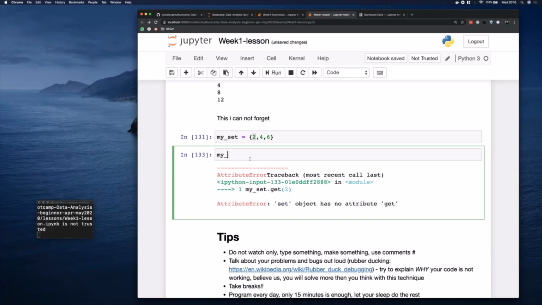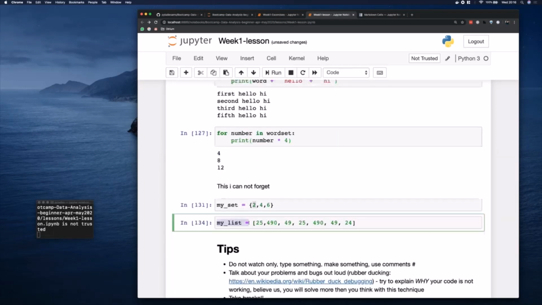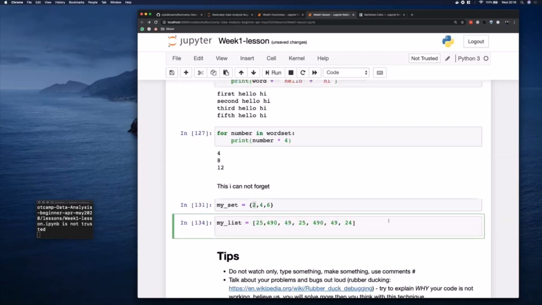I would make a list, and I have a really, really long list of all numbers. And I actually have this multiple times. But I'm not interested in all these numbers. I'm only interested in all the unique numbers. So what I would do, I would make a set out of my list. And how I can do that is actually